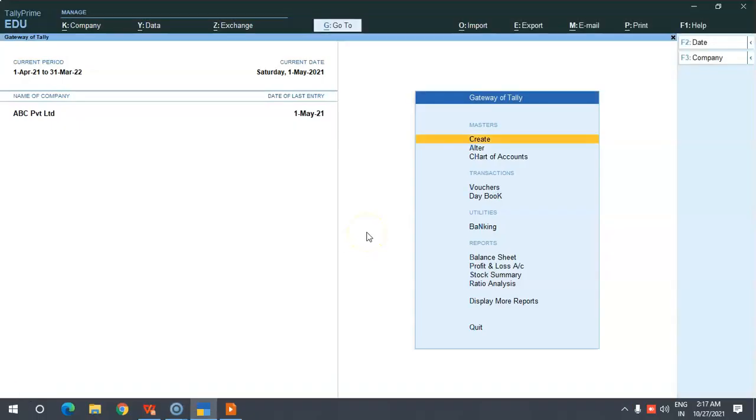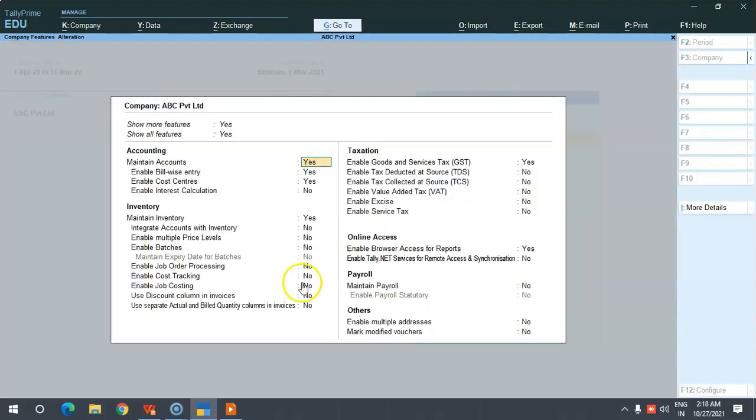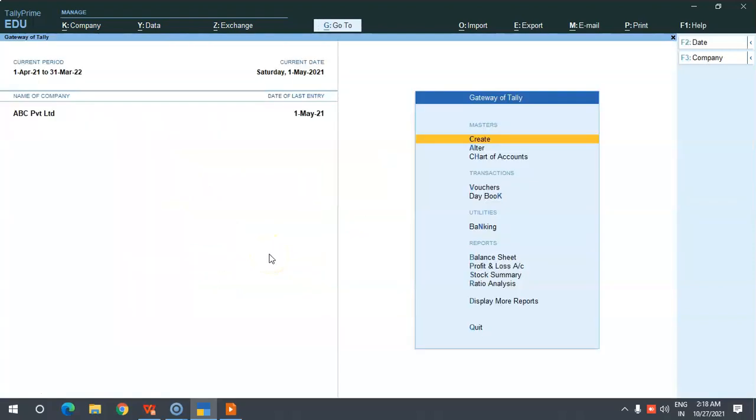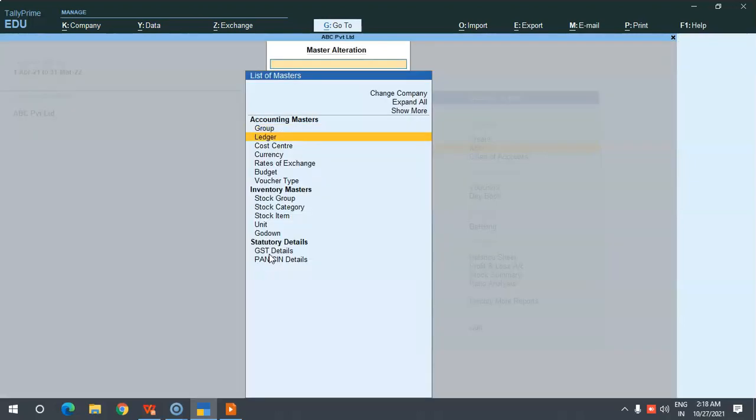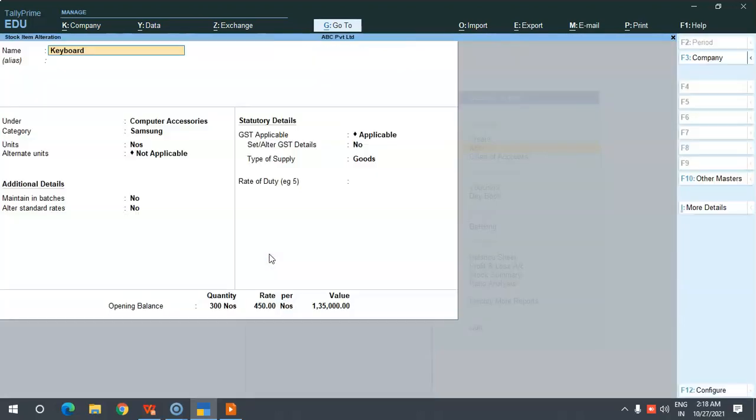So to enable batch wise accounting, click on F11 and set enable batches to yes, and maintain expiry date for batches to yes. Okay, then save the screen. So you can alter the existing stock items. Here you will find an option maintain in batches. You can give yes over here, and if you want to feed the manufacturing date and expiry date, you can give yes.